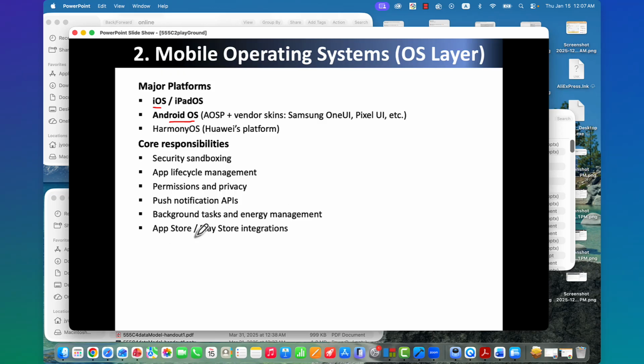And also to support the users, customers, then they set up app stores for Apple products, and the Play Store, I think that is for Android products.